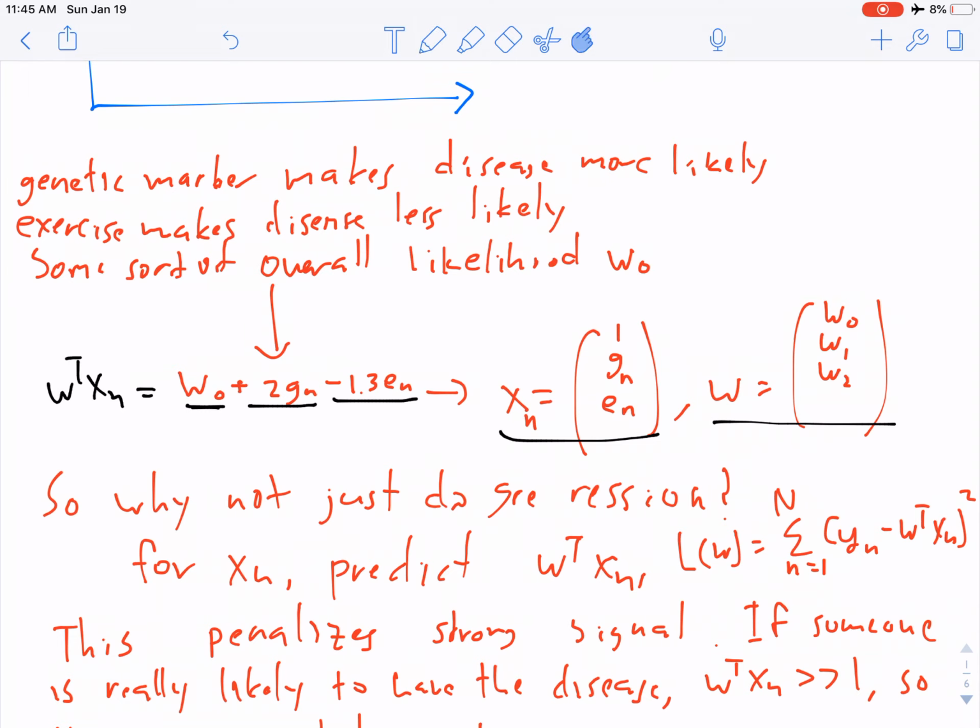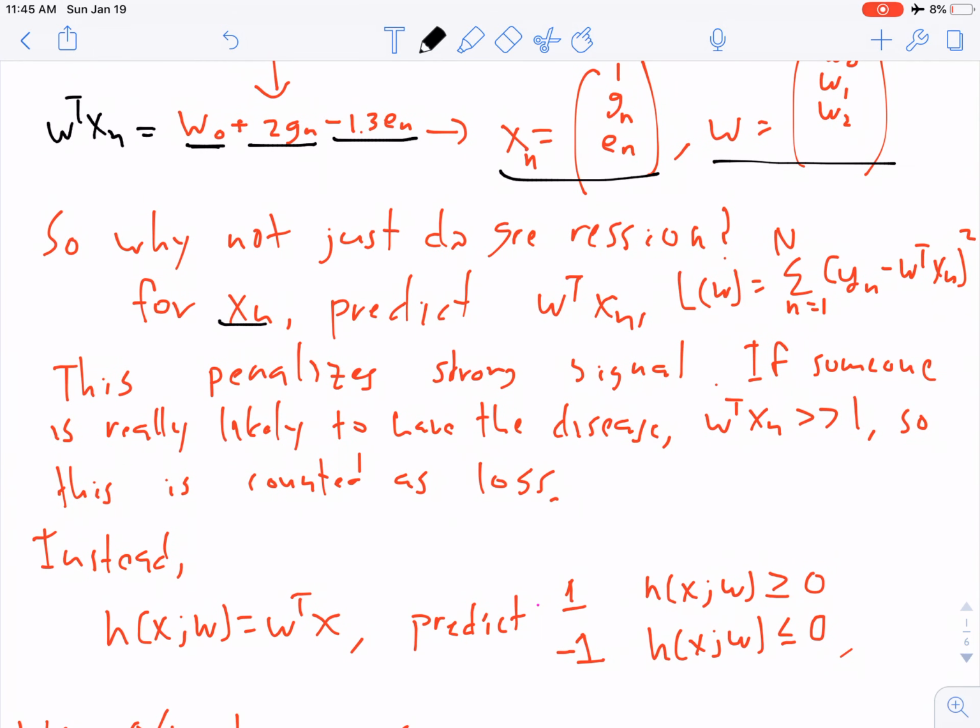So why don't we just go ahead and do this? For some data point, x_n, we'll predict W transpose x_n, and then we'll find the optimal W using our loss function, the same thing from linear regression. This will be great because we've already solved this problem, so we won't need to do any more math, and we know there's an analytic solution. It's very clean. Well, there are a number of issues with this approach, but the biggest one is that it